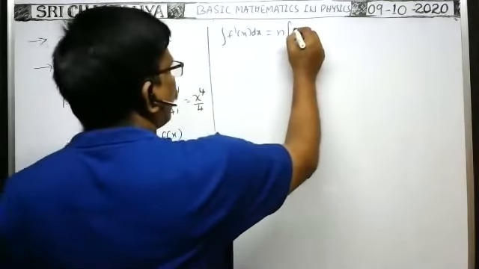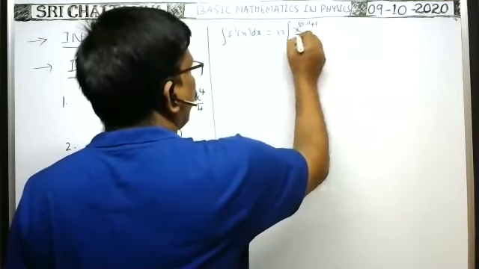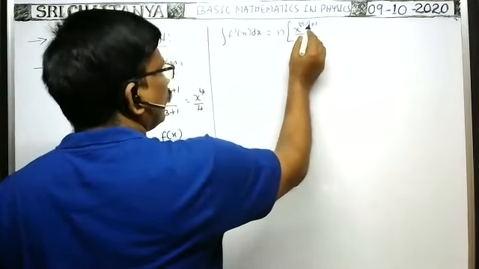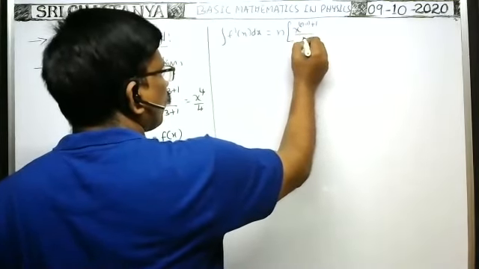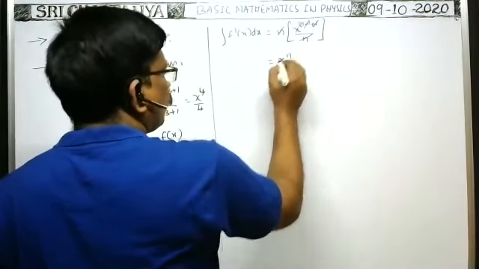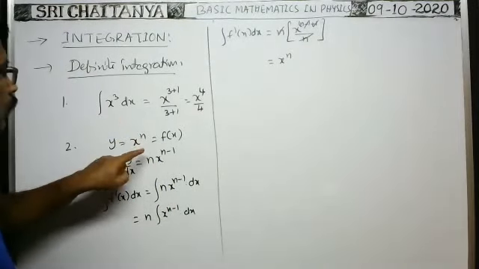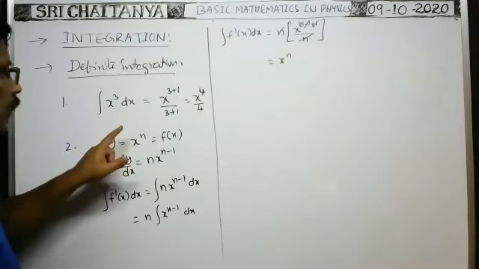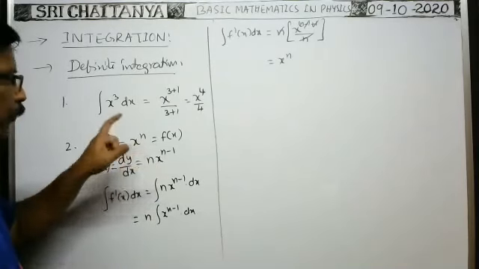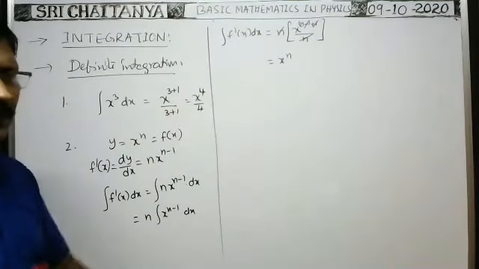You follow this rule. x to power must be increased by 1. So n minus 1 is already there. Power must be increased by 1, and by whatever the value you will get in the power, you have to write that power in the denominator. n minus 1 plus 1 means n only, no? So you write n. Then n cancel, minus 1 plus 1 cancel. That is equal to x to power of n only, no? x to power of n means that is the function we have before differentiation. After differentiation మనకి ఇక్కడ వచ్చింది. After differentiation, whatever the function you will get, if you do integration of this function, then you will get the value before differentiation. We got the same, no?